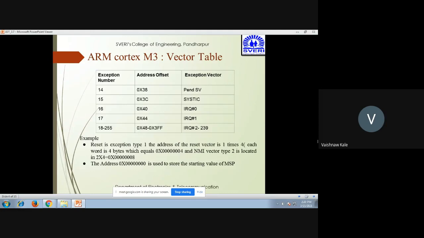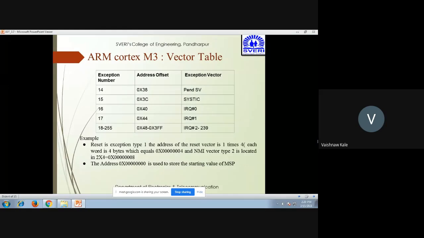Going by that, the reset address would seem to be 0x0000, but it is 1 times 4, since each word is 4 bytes. So instead of starting at 0x00000000, it will start from 0x00000004. Then for vector type 2 it will be 0x00000008. So the start will be at 0x00000004, and the next one, exception type 1 is for reset, and exception type 2 is for the NMI vector, which will be located at 0x00000008.